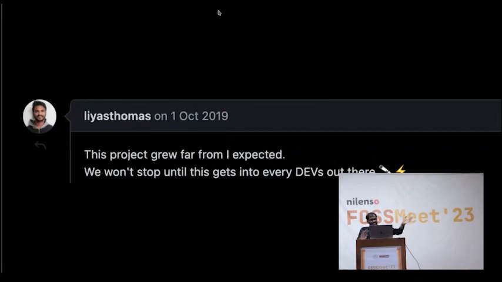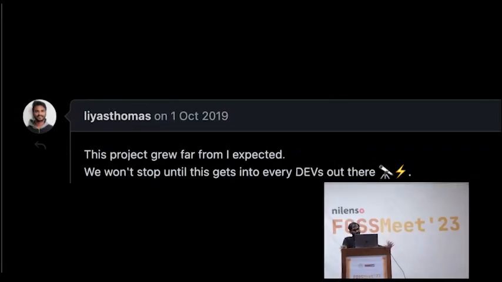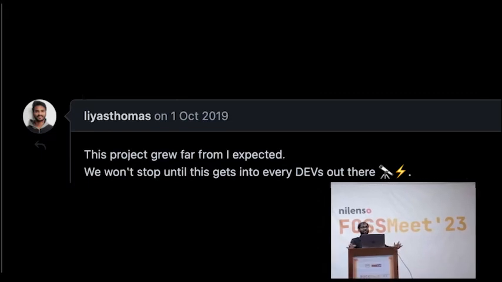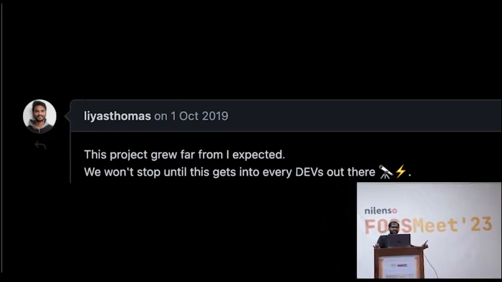And yeah, so Leas's post basically said that this project grew far from where he expected, because for him, literally the initial version was released after 6 hours of prototyping. So he basically scratched the thing together, put it on GitHub, published it on Netlify. I think it was on Firebase hosting at that time, but some Netlify or Firebase hosting. And he wrote the article and he told people about it, right? And then this started happening, right?